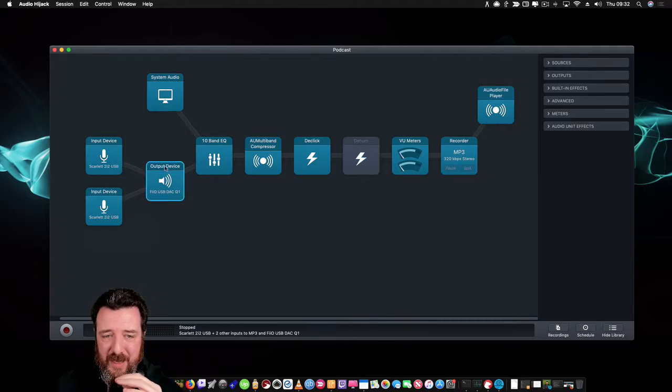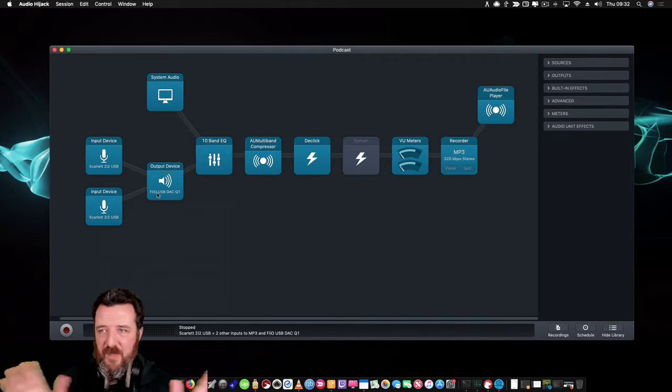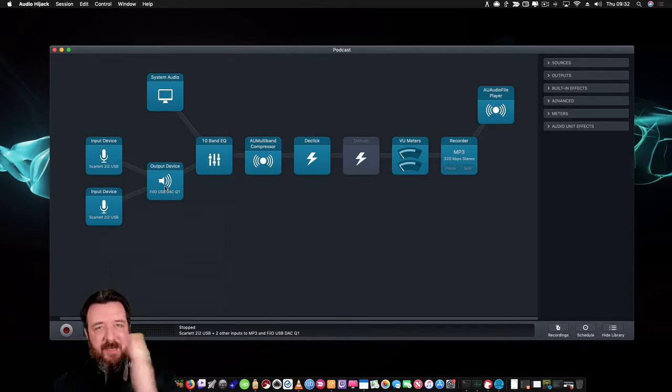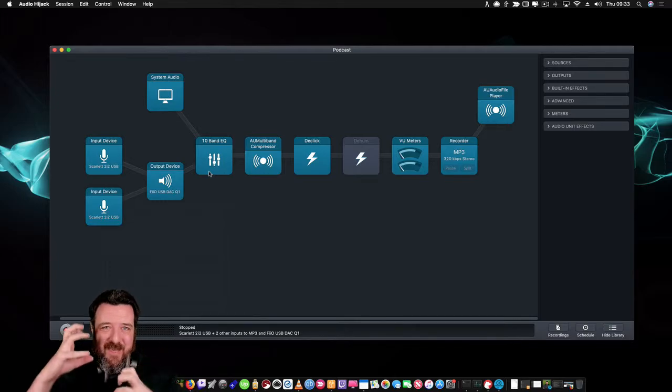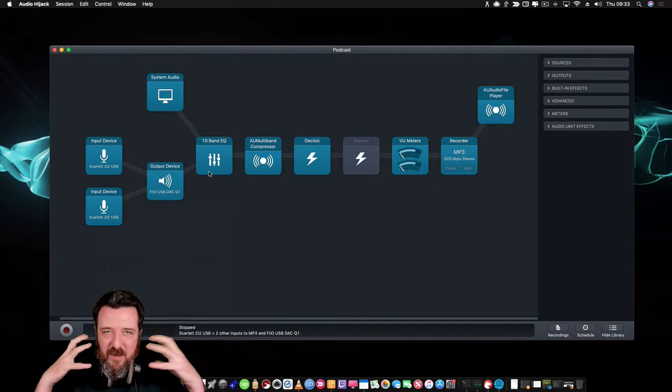The next thing I do then is I go straight into my output device, which is a DAC. And I use a DAC to clean up the audio for my headphones, just for system-wide audio, for gaming, for listening to YouTube, things like that. And I realized that the output device really needs to be the next thing, because if you have this at the end of this block cycle of the EQ, the multiband compressor, the declick, the dehum, it adds a little bit of latency to it, because obviously the system is processing that audio and it throws the audio out. So when you're talking, it throws you off because it's just that slight millisecond out. So it makes the real-time feedback in your headphones